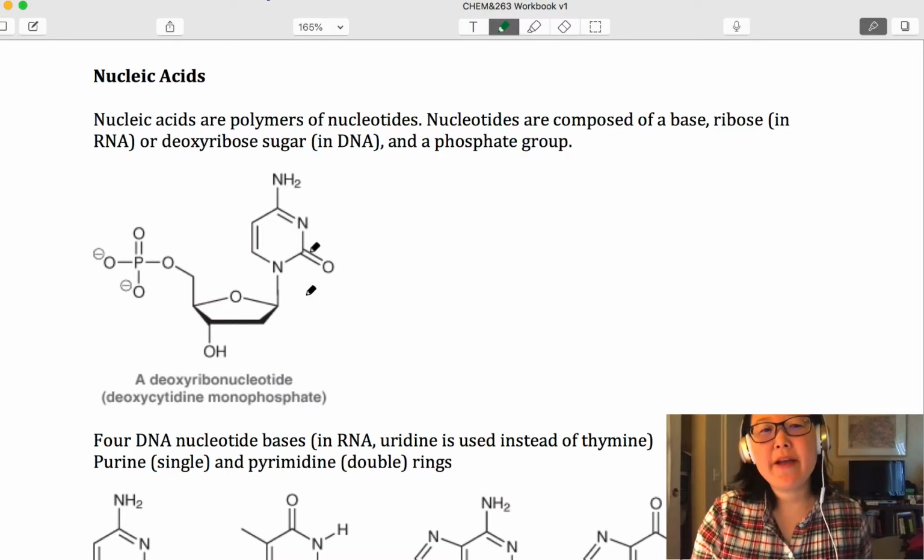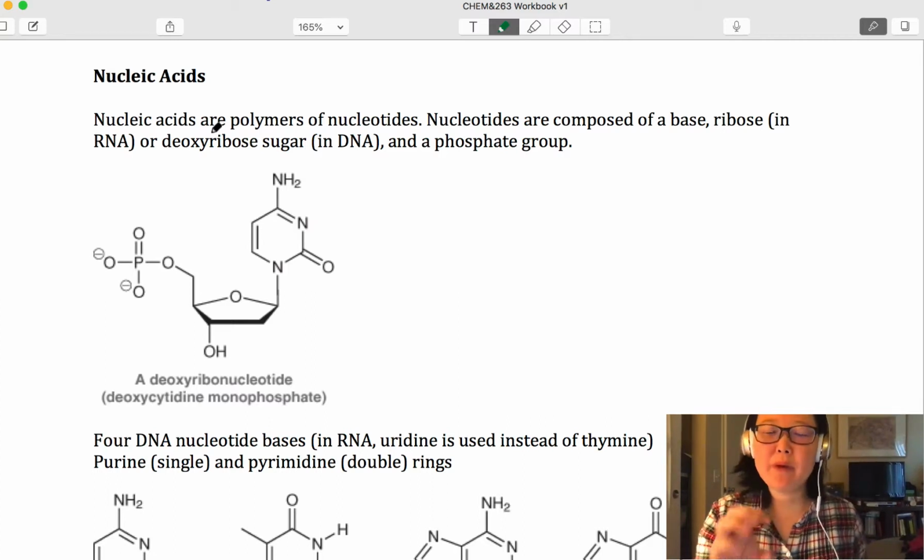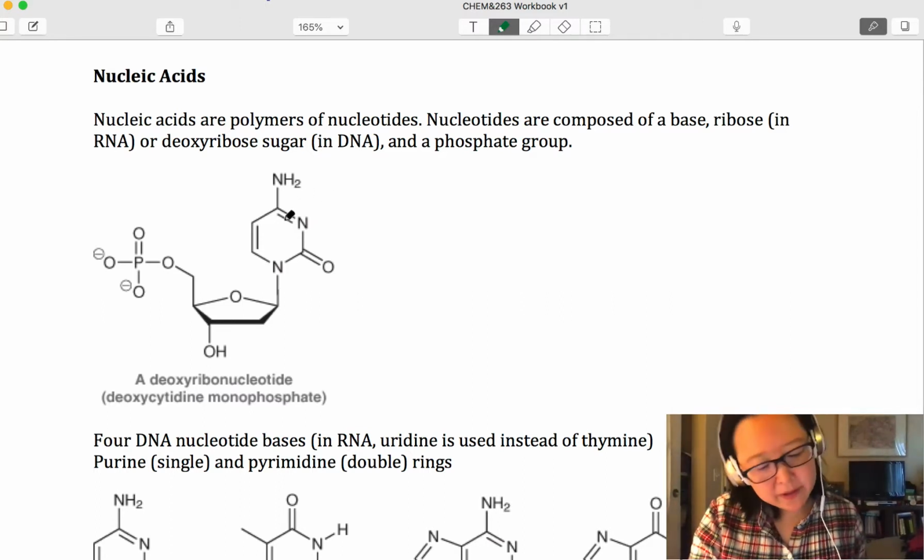Nucleic acids are the biomolecules that make up our DNA and RNA. Nucleic acids are polymers of nucleotides. So one nucleotide is like the monomer, or monomeric unit, of nucleic acids like DNA and RNA. So that monomer is made up of a nitrogenous base,